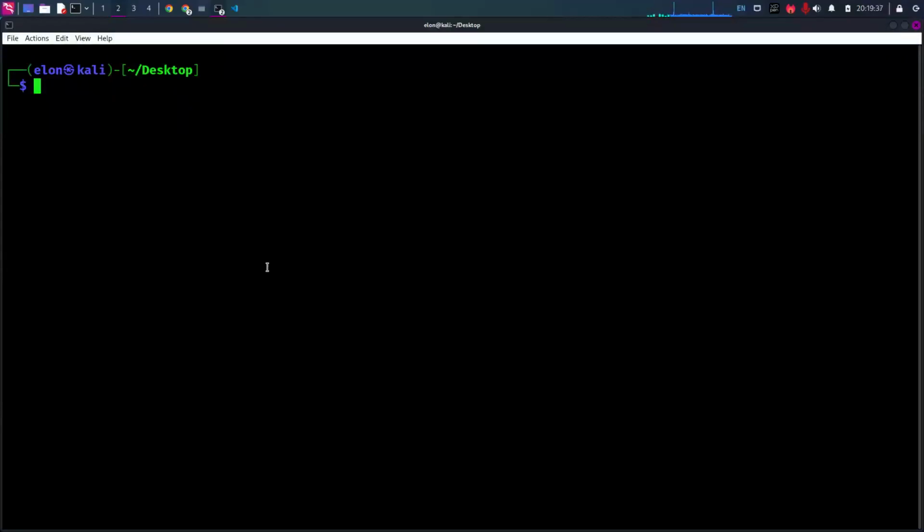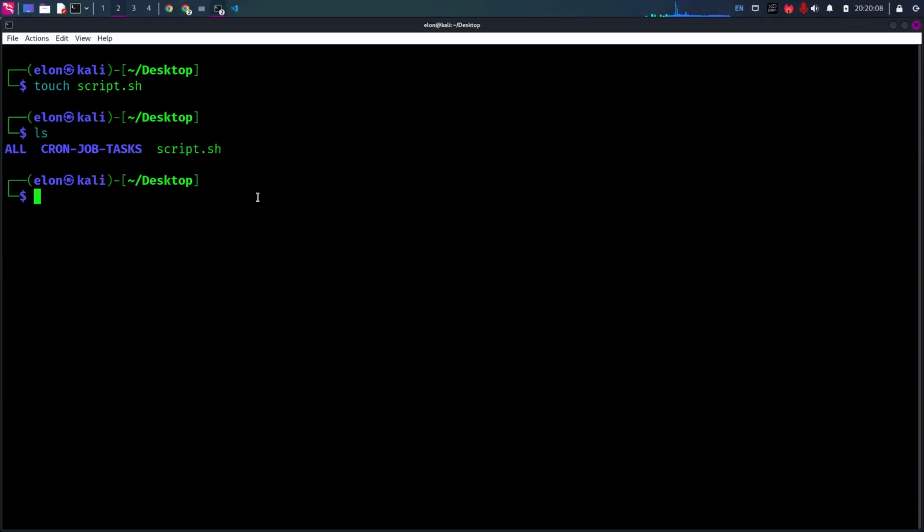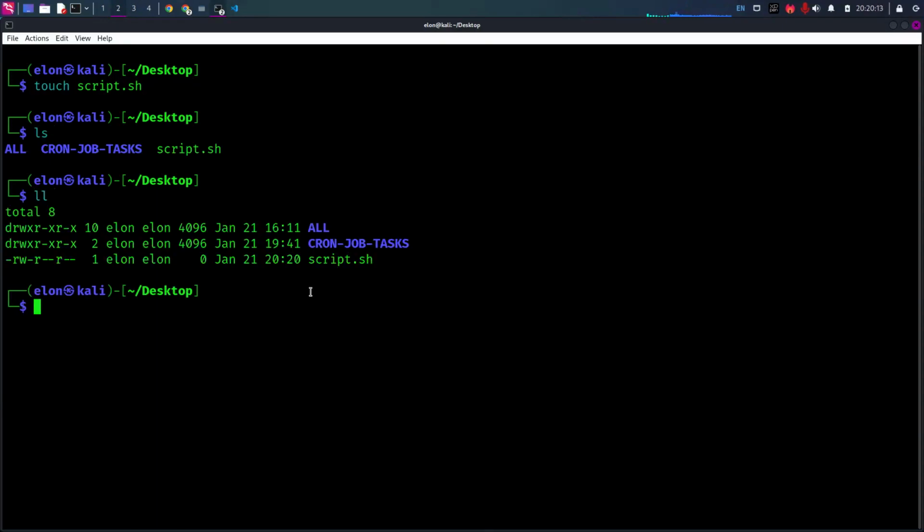Okay, so what I'm gonna do, I'm on the desktop folder, right? Any problem up to now? I'm gonna create one simple file with the help of touch. The name of that file, I can create anything, but for now, script.sh, right? I'm creating a scripting file with sh, and now if I press ls, as you can see, the script file is ready. But remember one thing: if I press ll, now here come the permission and ownership